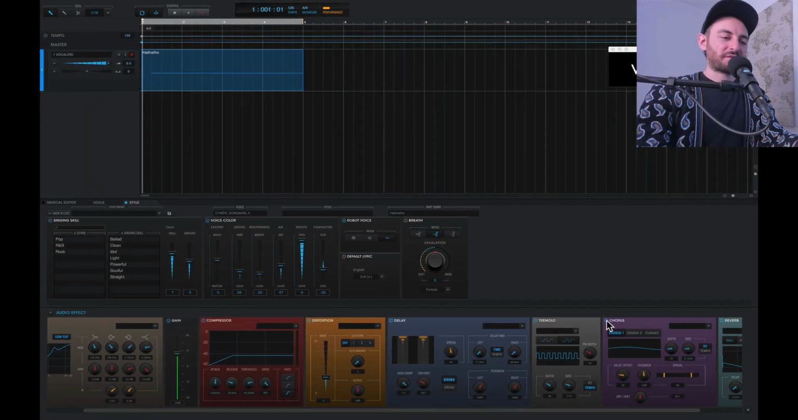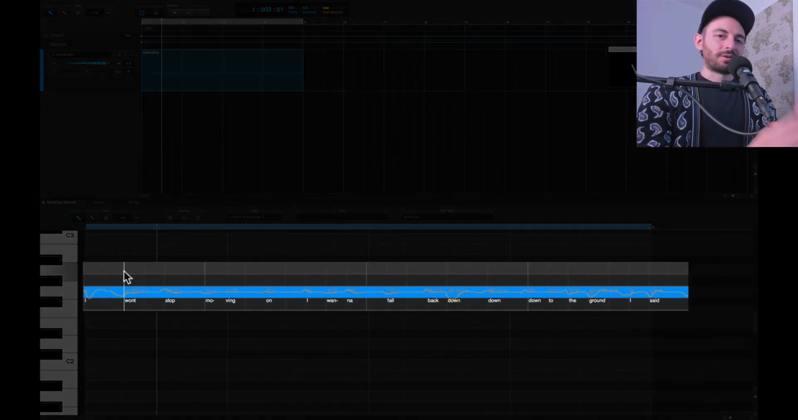Right. That was really the effect that changes it for me. Adding chorus is a nice touch. So let's jump back to the actual notes. What I want to do with the notes is change the length of the notes and make them sound more